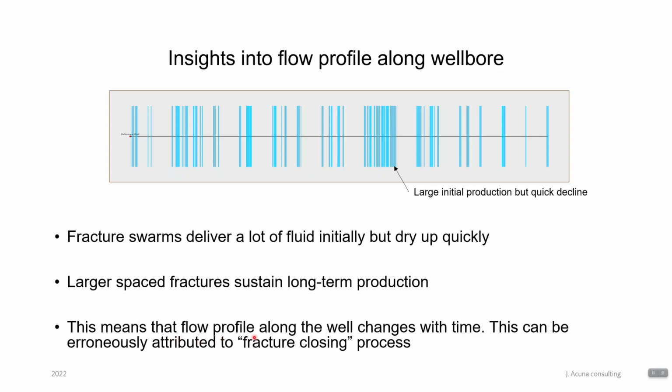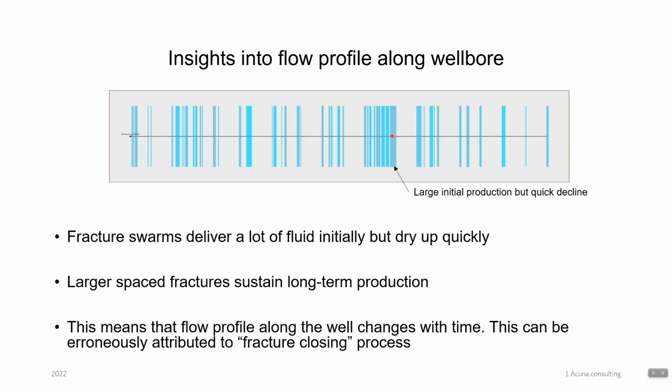So this means that the flow profile along the well changes with time. Now notice that this can be erroneously attributed to fracture closing or the fracture closure process. For example, we see that initially this produces a lot, and we come back a few months later and it doesn't produce anymore. What is the conclusion? Oh, my connection to the wellbore got blocked, we have damage, the fracture is closed. In reality, that is a result of the geometry of the fractures, and that is very important to analyze,